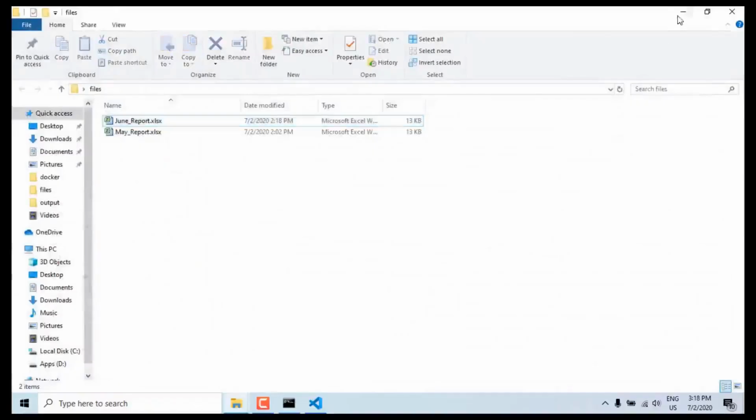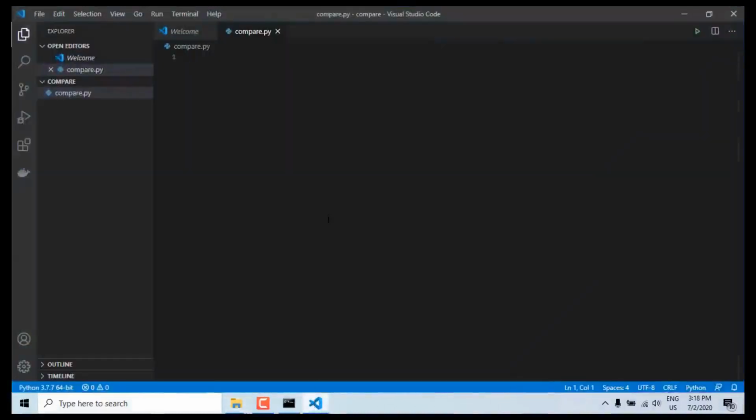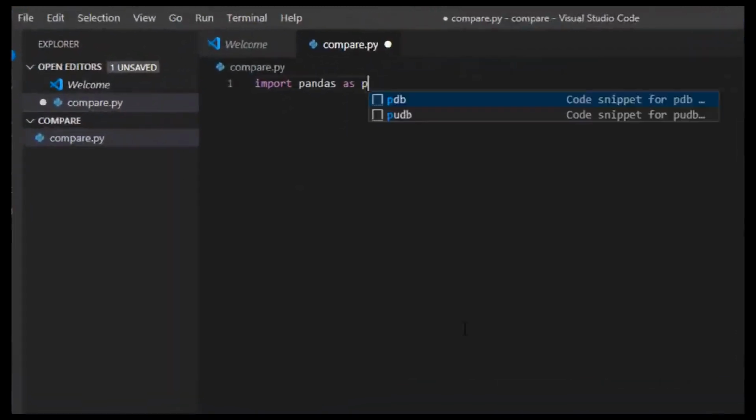Now let me go back to VS Code and start importing the pandas library. To import the pandas library, which is already installed on my machine, I write import pandas as pd. And to read the first file and make it a data frame, I just forgot to copy my input files.